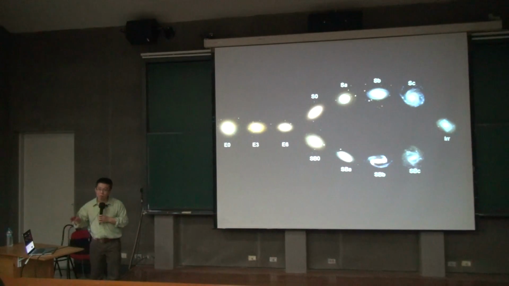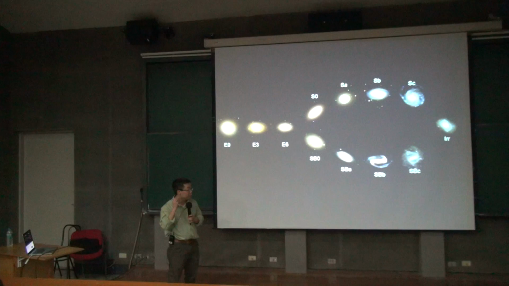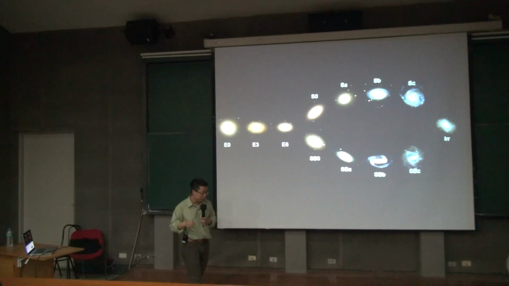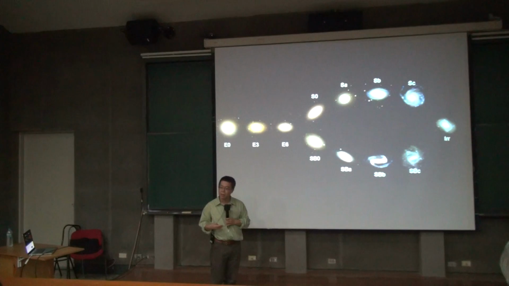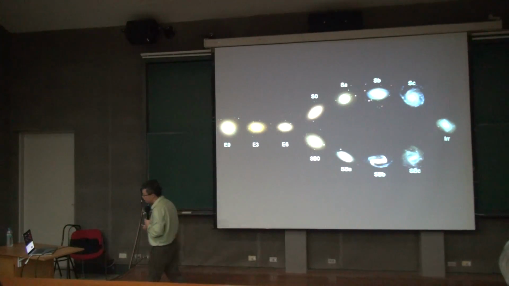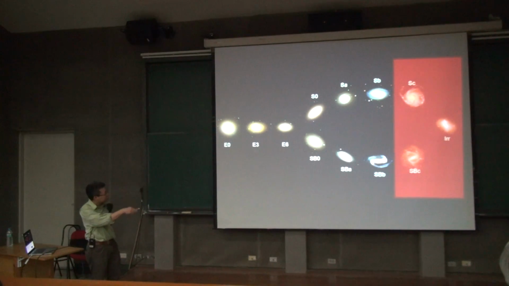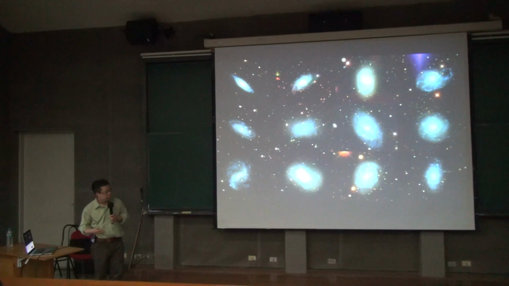So I turn back to the local universe. This is always my benchmark. And I did a simple thought experiment. If such a population of low-mass black holes existed, the best chance of finding them would be to look at the simplest, lowest mass galaxies. Can we find, by focusing on the Hubble sequence, way down here, not these big things, but the smallest things, is there any way to find